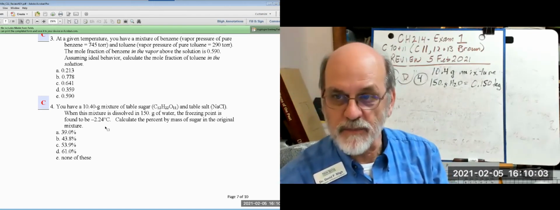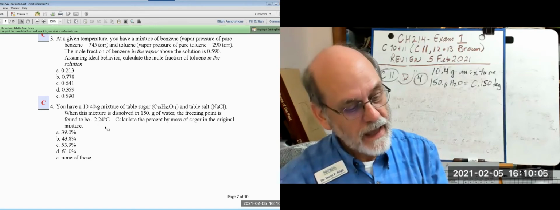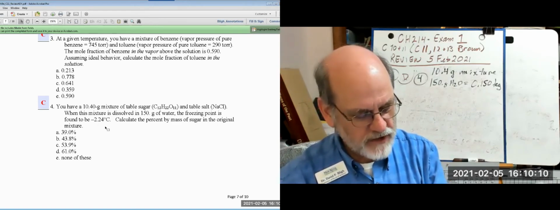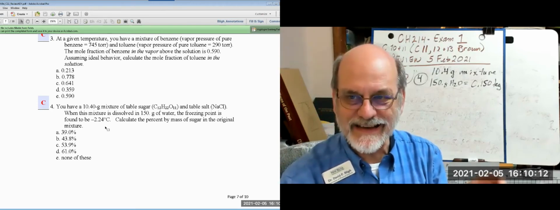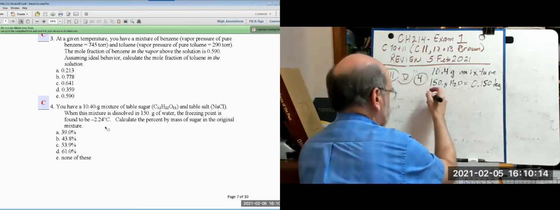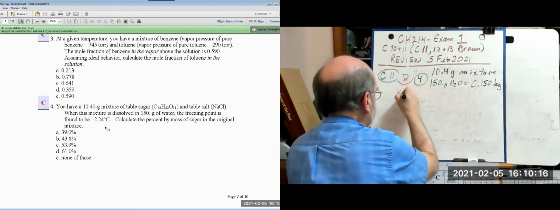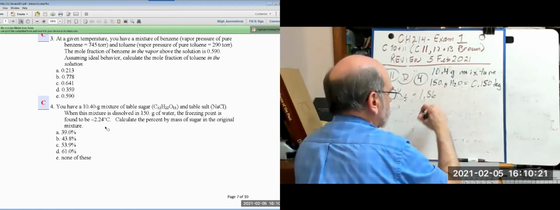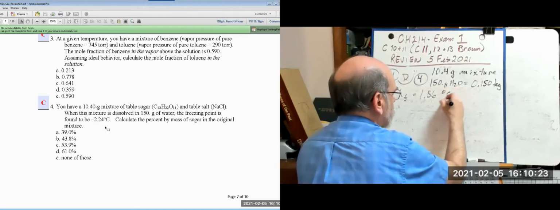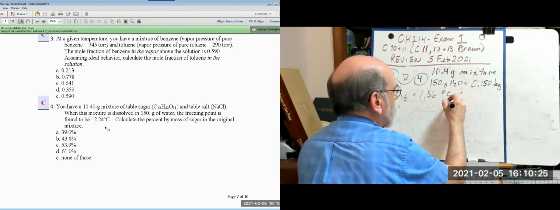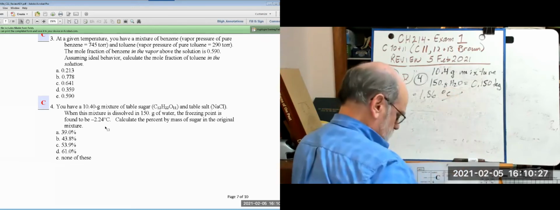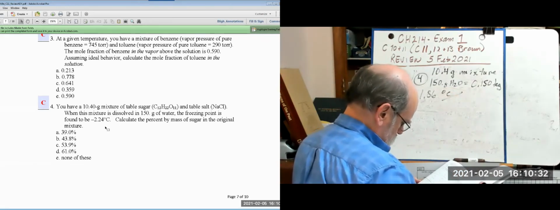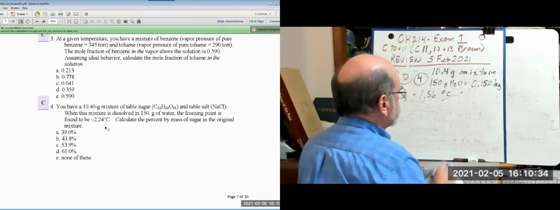Yes, at the bottom of the page, and the third column from the left, the freezing point depression constant for water is 1.86. So the K is 1.86 degrees C kilogram